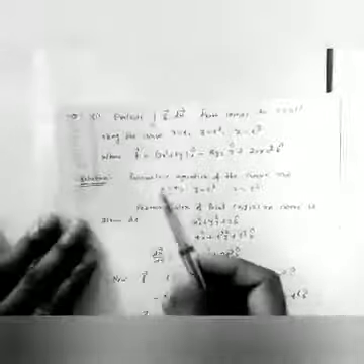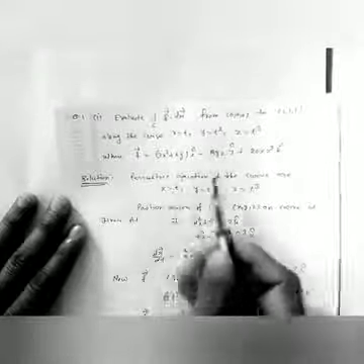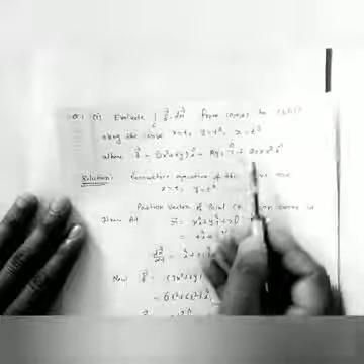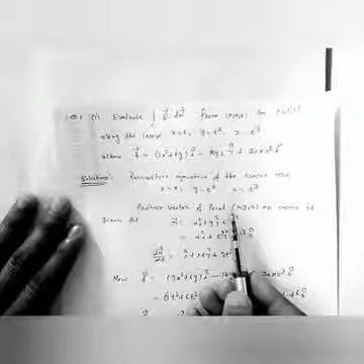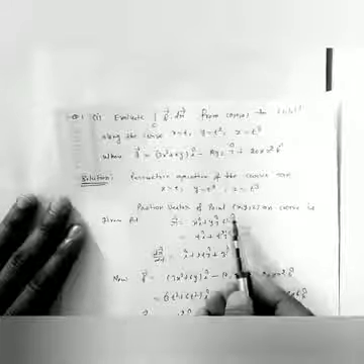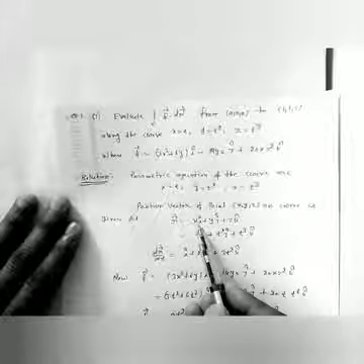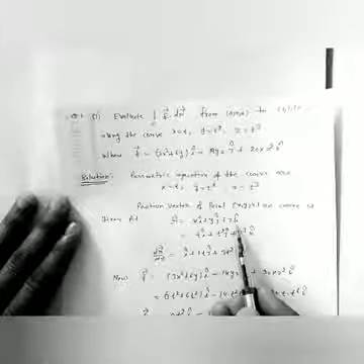Solution. So the parametric equation of the curve is given here: x is equal to t, y is equal to t square, z is equal to t cube. So therefore the position vector of any point p, say (x, y, z) on the curve, is given by r vector is equal to xi plus yj cap plus zk cap.